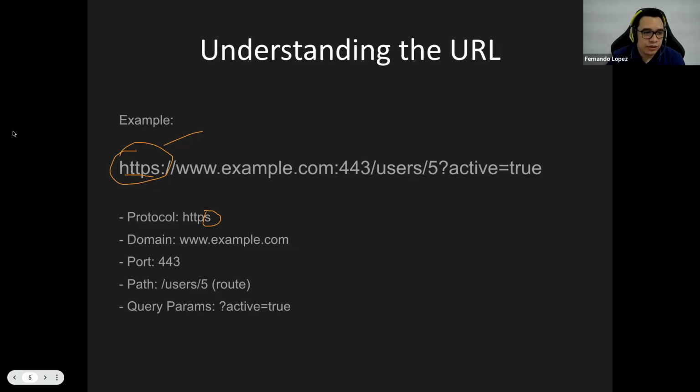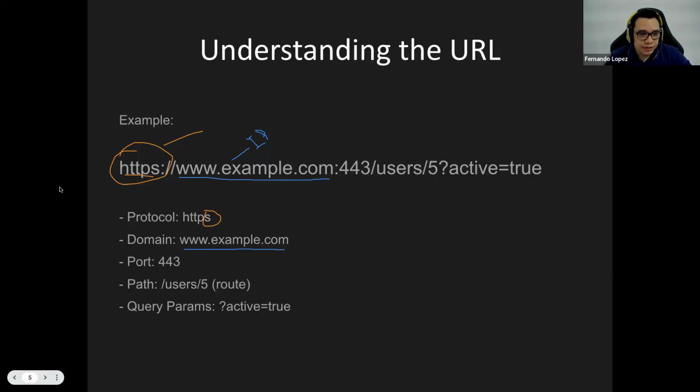Now, once we have our protocol identified in our URL, there is something else. There is something called the domain, and this is the domain. The domain is very similar to the IP address, because the IP address is going to be masked by a domain name. For example, if you put google.com in the browser, in the background, you're trying to hit an app, an IP address. So that's why we have something that is called the domain. And this is a domain, okay?